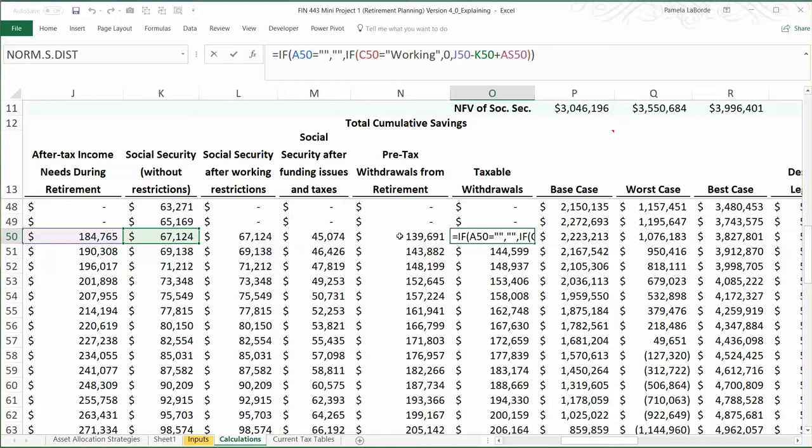Actually, I should probably do it this way. I should just take N50 and subtract AS50. So instead of J50 to K50, this should say N50. I'm not going to change it right now, but I'll fix that. It should give me the exact same answer, although no, actually it won't, because I screwed up and used my Social Security without restrictions, and I should be using my Social Security after restrictions and funding issues and taxes. So anyway,